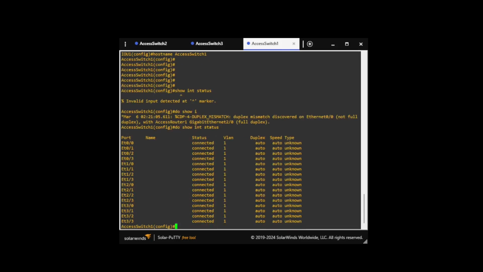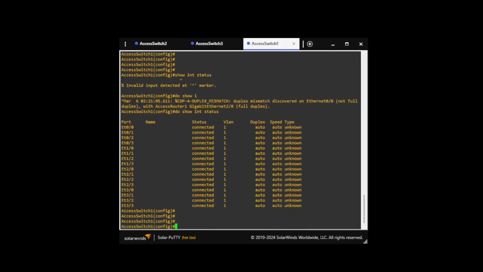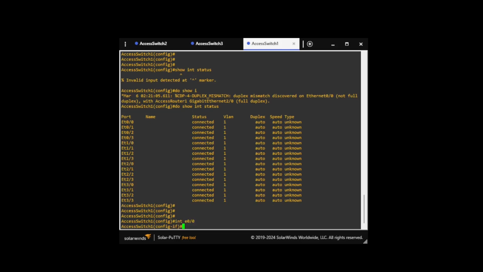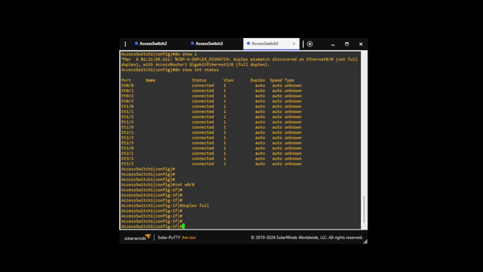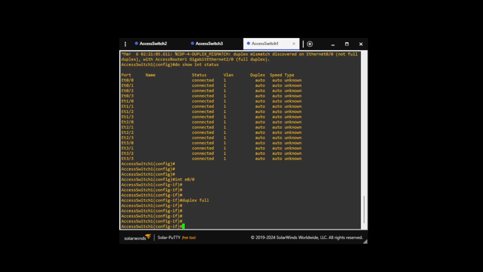So it says auto, but it never works. Just say interface E0/0, and we're just going to say duplex full. All right, on interface 0/0, we're also going to say switchport